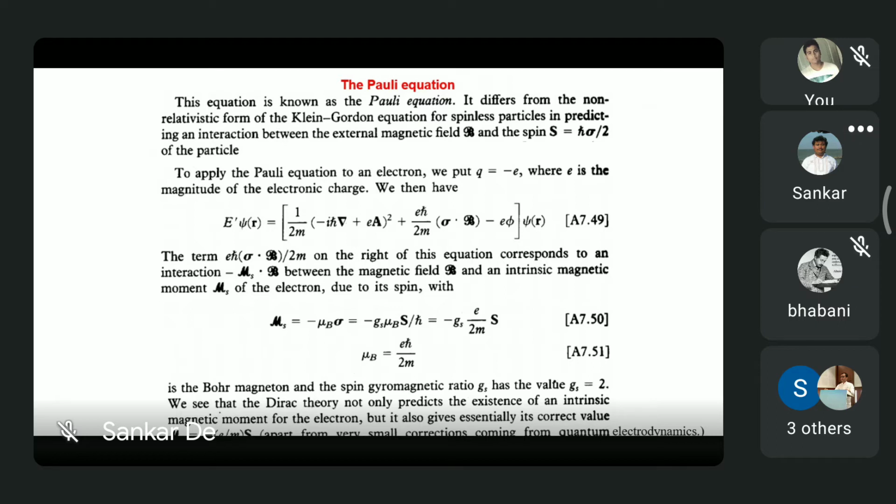But there was a 2 missing, so a term 2 was missing. They put this 2 in just to match the experimental observation, but they didn't know where this 2 was coming from. It was only after the working out of Dirac, after the relativistic Schrodinger equation and the Dirac picture came into the picture, that this theory came and solved it exactly.